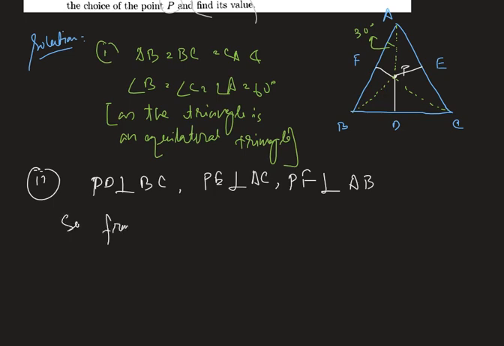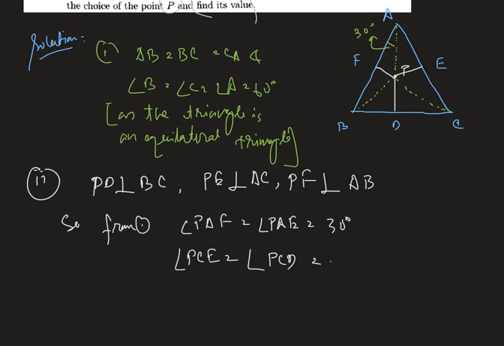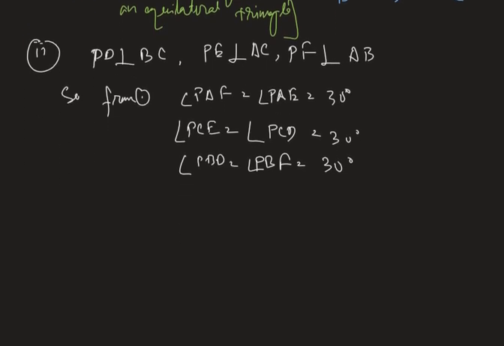So from 1 we can say that angle PAF is equal to angle PAE is equal to 30 degree, angle PCE is equal to angle PCD is equal to 30 degree, and angle PBD is equal to angle PBF is also equal to 30 degree. ठीक है।